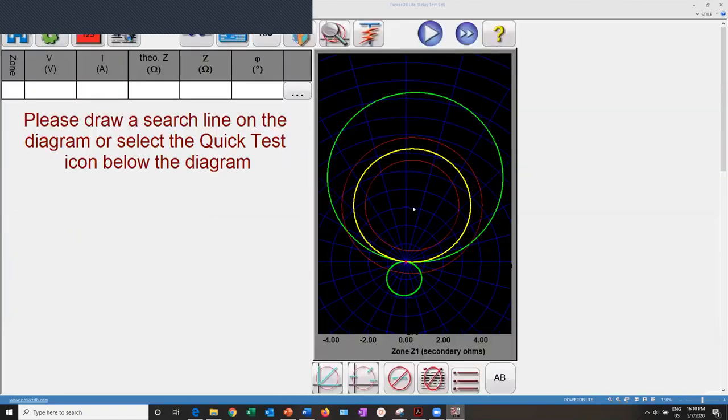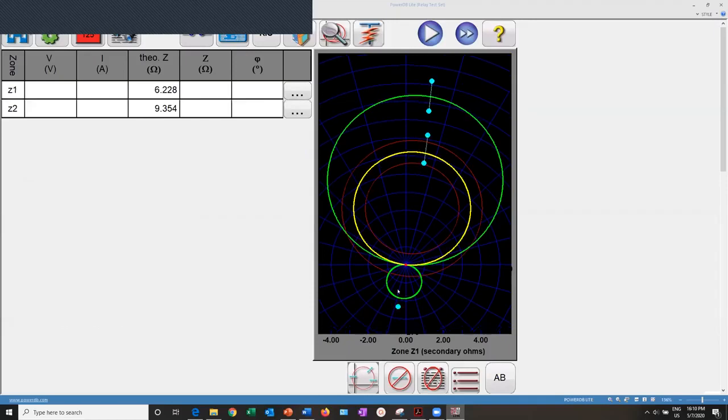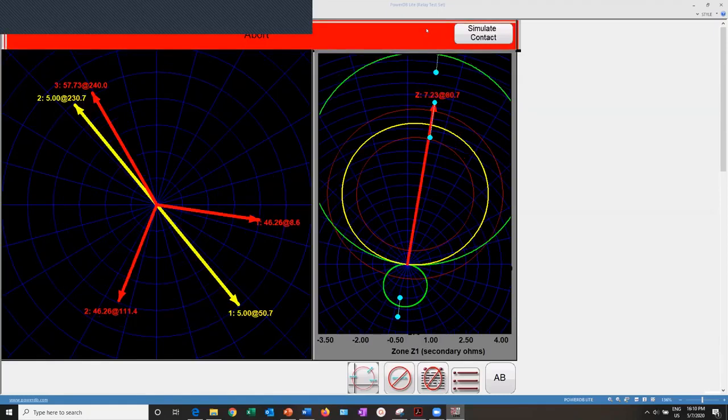If I go into my testing, this is called click on fault, and I can select several faults. I'm going to select 3, let's say. For this relay, I'm going to test a zone 1, a zone 2, and a zone 3. In this case, I'm going to use an A to B fault. And if I click here, I will be running the three faults one by one, starting with this one on zone 1. What it's doing is using this line here, and along this line, it's generating different faults,